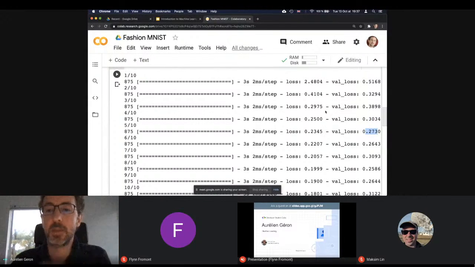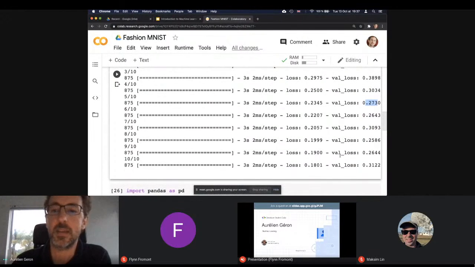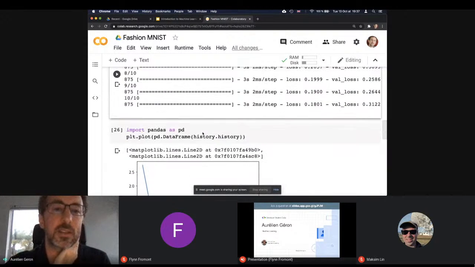And that makes sense because the algorithm is learning on the training data. It has never seen the validation data. So maybe the validation data has examples that aren't exactly like the ones it's seeing in the training set. And if you continue training for a very long time, the training loss is going to go down and down and down forever, whereas the validation loss might actually end up going back up. This happens if your model is said to be overfitting the training set. Like it's starting to learn not the general rule, but the noise in the training data.